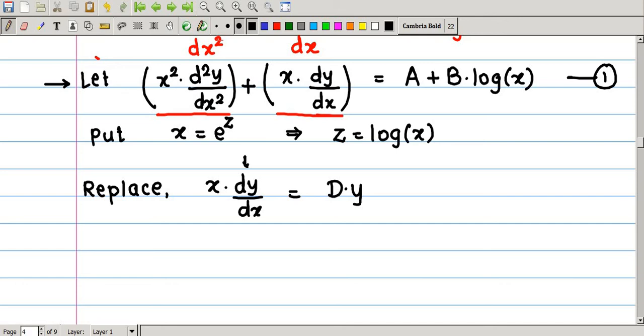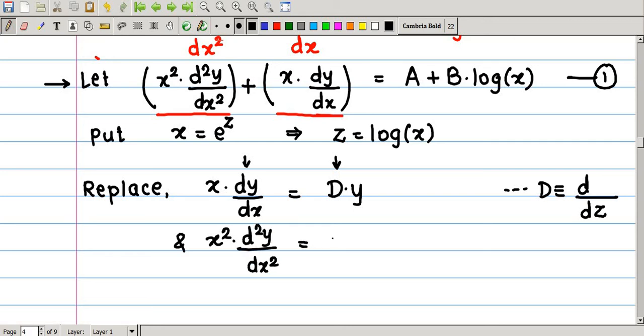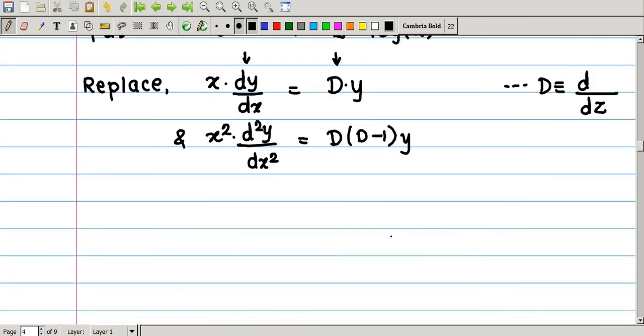Since the derivative is of order 1, we use only one term containing D, where D represents the derivative with respect to the new variable z. And the second term, x squared d squared y by dx squared, will be replaced by D into D minus 1 into y. Since the derivative is of order 2, we take two linear factors containing D. So by using this replacement, your equation 1 reduces to: